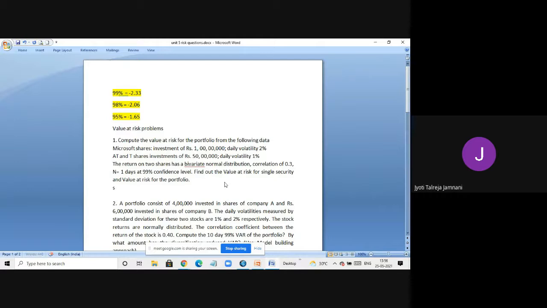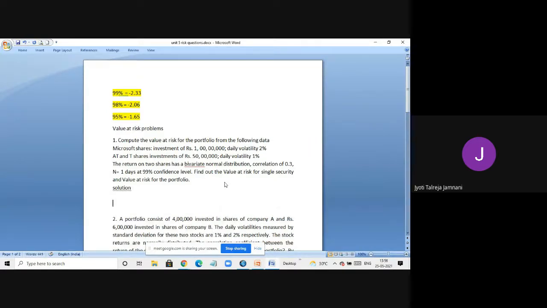Value at risk solution. Value at risk for Microsoft. So first we will find the chance of loss. Now what is chance of loss? We are going to know how much will be the loss. How to find the chance of loss? To find the chance of loss, or we can say to find the chance of volatility. So if the market is moving, it is volatile. What is the chance of loss or chance of volatility? Okay. So how are we going to find it?